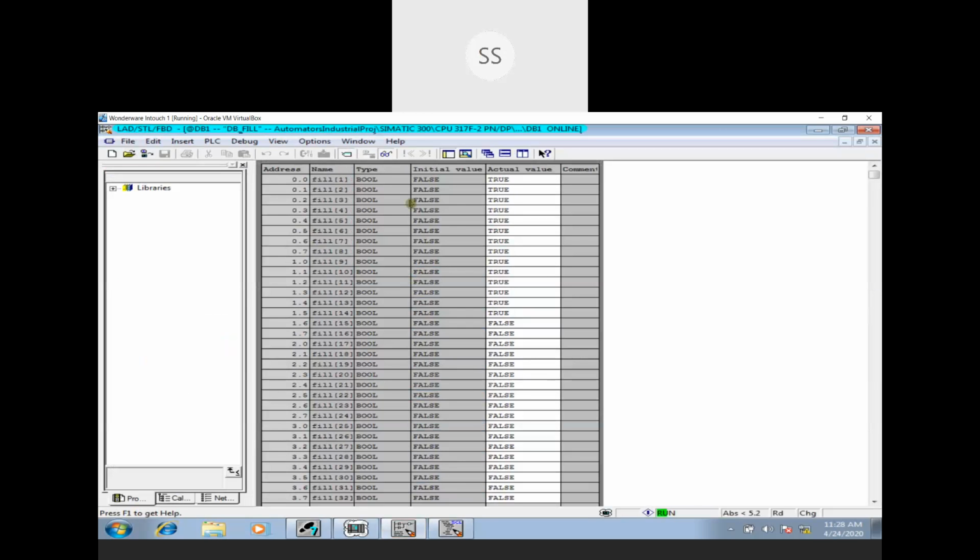You see, till 15 only, till 14 only the bits are true. After that, the bits are not true because here we have written that the repeat function should work only until the condition I is equal to 15. After that, it should not work. That means it should come out of the loop. So even if you set a breakpoint here,